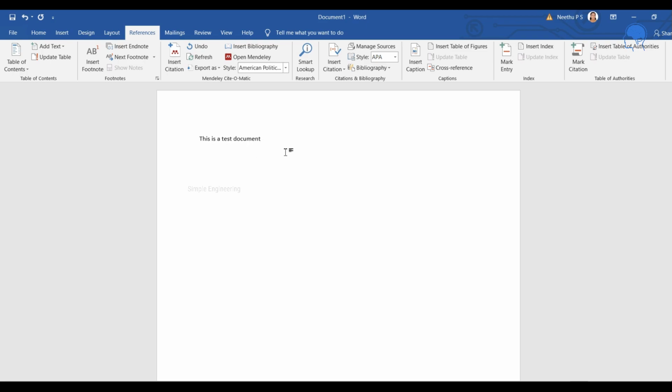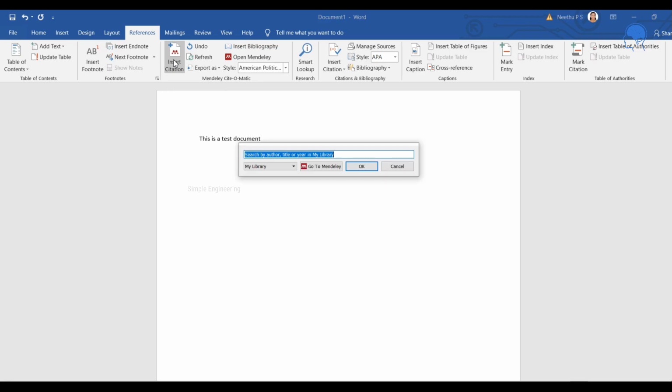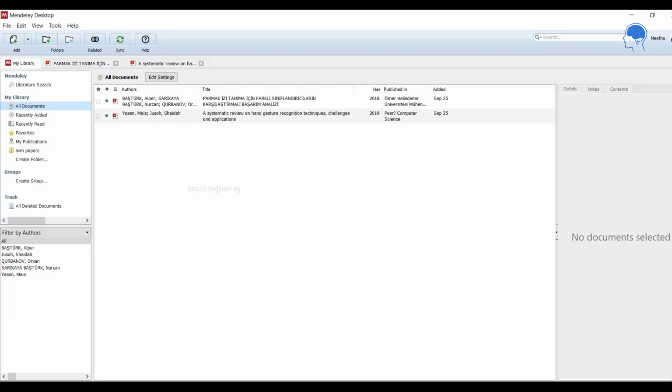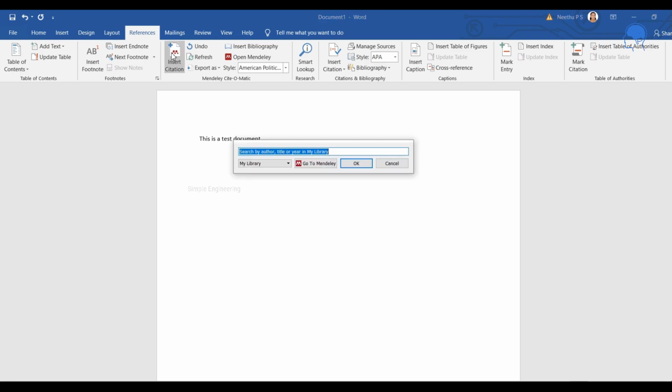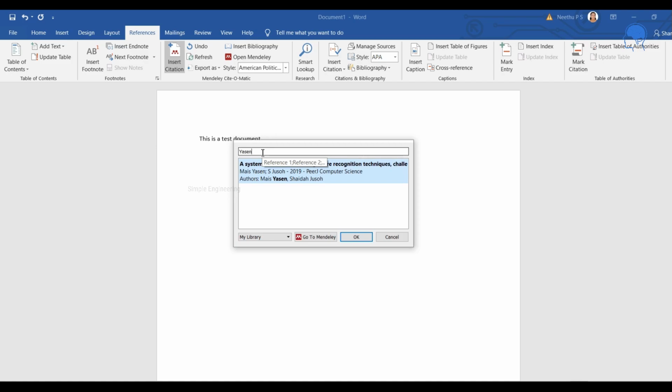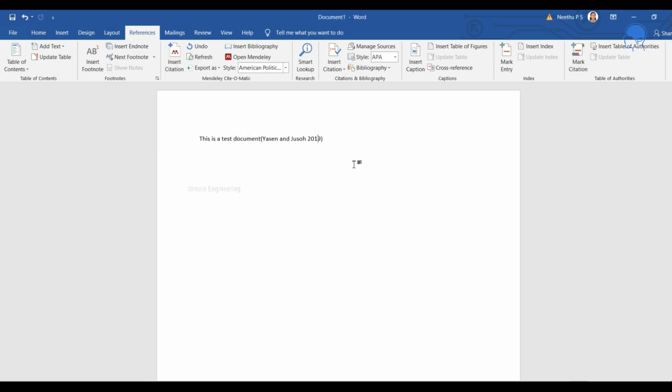After your sentence, you just click insert citation. If you know the author name, you can search and write it over here. Just go to your library. I'm just writing Yasen. In insert citation, search author, you can write Yasen. We have added that in the library, so that will come over here. Just click on that and give OK.